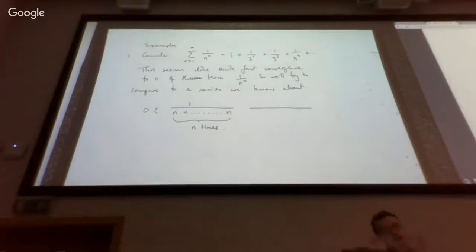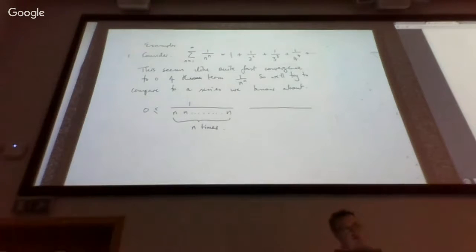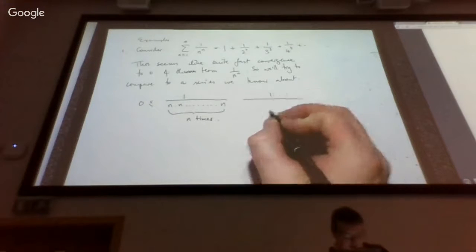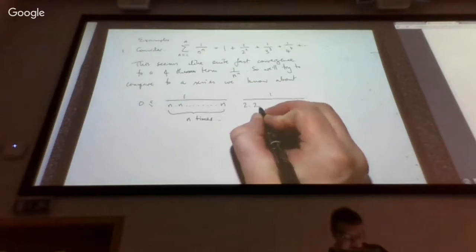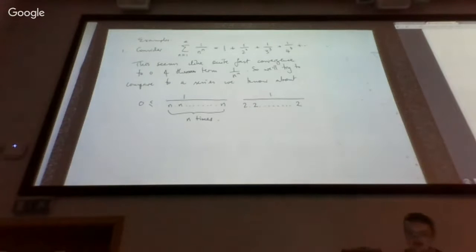Remember, since we think it might be convergence for the series, we have to show that our term is less than a term of something that does converge. So if I replace each of those n's by a 2, as long as I'm past the first couple of terms, as long as n is bigger than 2,